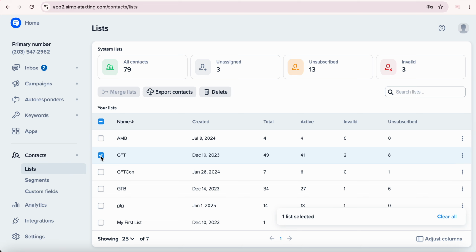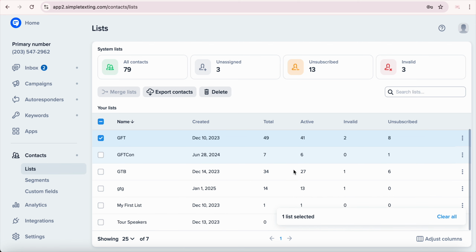Right now, we have 49 people in there, and 41 of them are active, 8 of them unsubscribed. So that's giving us the details of them. But we can export the list, we can rename it if we want to. We're not trying to do either of those. So once we're here, we want to